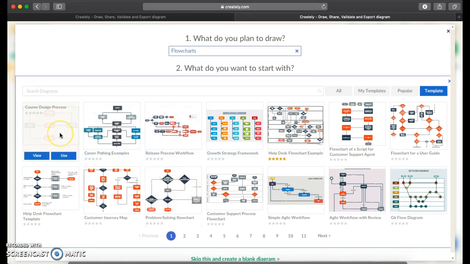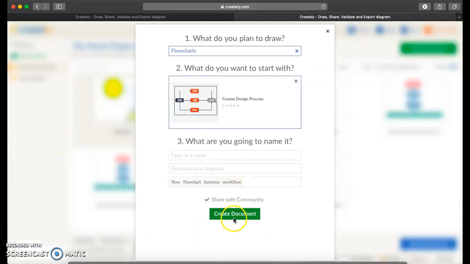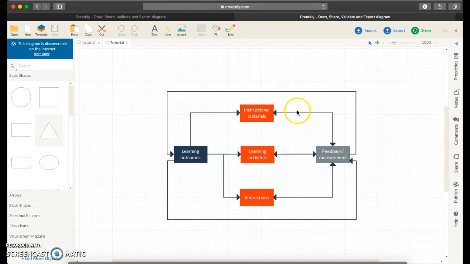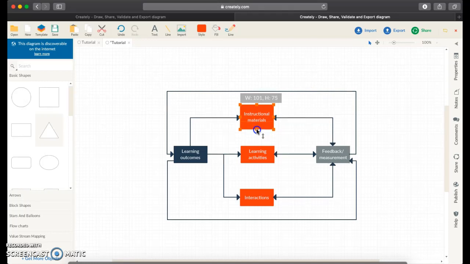If you put your cursor on top of it, you can view it, you can use it. So we're gonna use it, and you're gonna create document. You're gonna give it a name, and there. It's gonna create a new document with your template. And this template, you can also modify it. You can modify the elements with it. You can edit the text. So you're just using the template